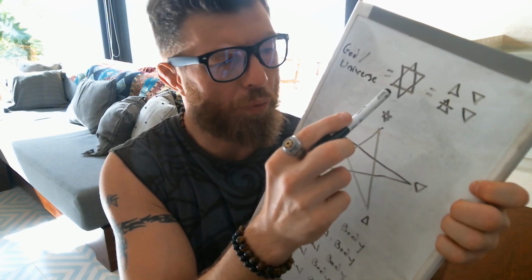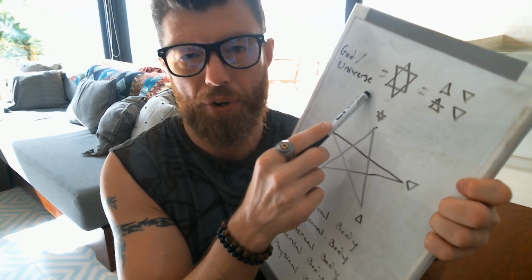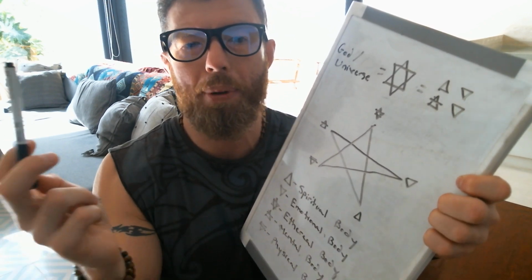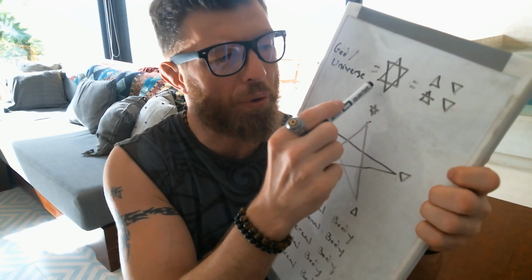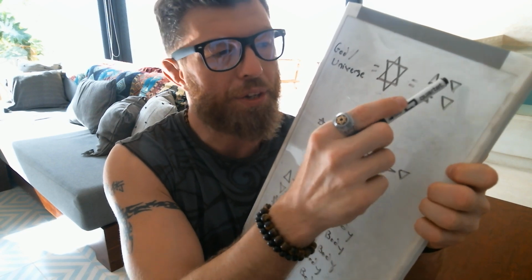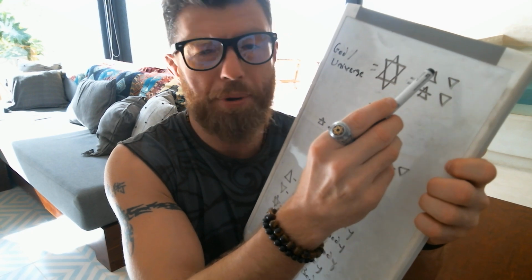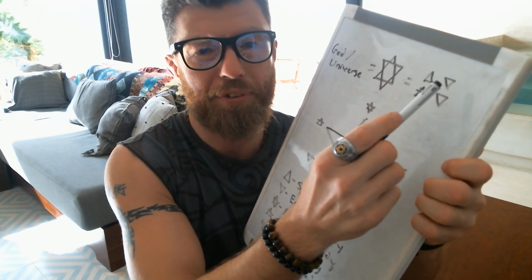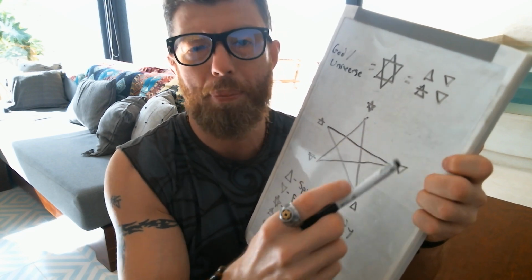This symbol represents God, creator, or conscious universe as the manifested universe. Everything in the whole manifested universe is represented by this symbol, because this symbol is broken down into the four elements: fire, water, air, earth. These four elements represent all of the states of matter. Fire represents plasma, water represents liquid, air represents gas, and earth represents